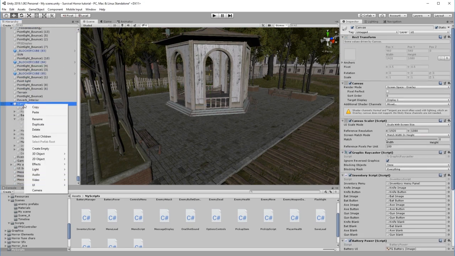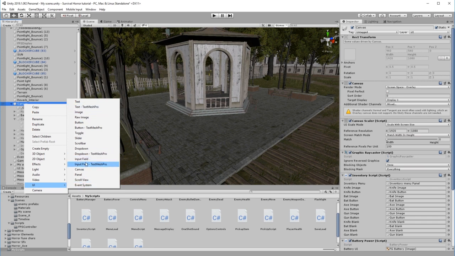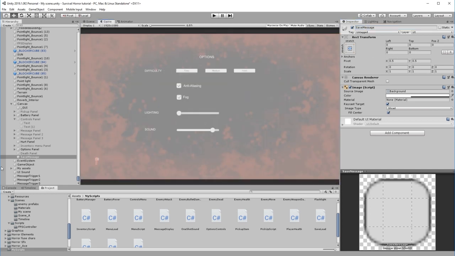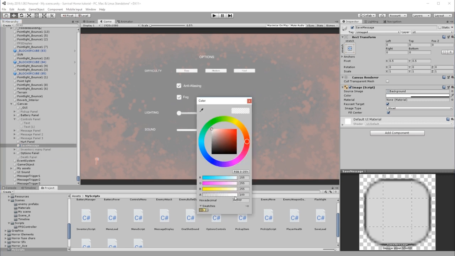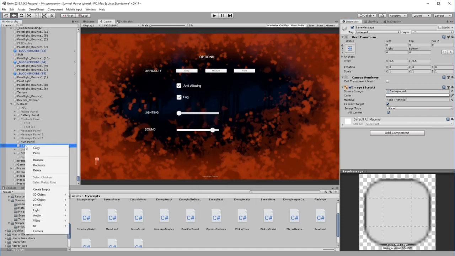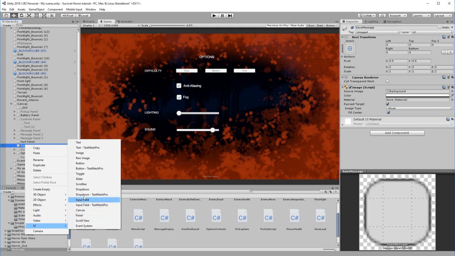So on the canvas, we're going to create a new UI and a new panel, and we'll call this one save message. Okay, just like that, save message. So now when we go over to our game screen, we can see this. Now we don't want this save message in front of everything else. In fact, I might just move it slightly in front of the hurt panel, and I'm going to reduce the opacity on this, so all the way down to 0,